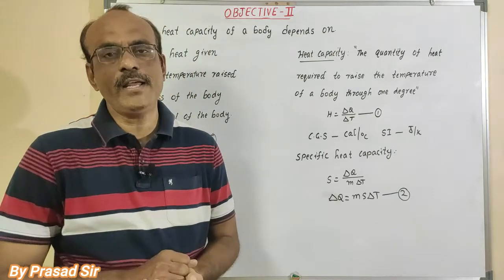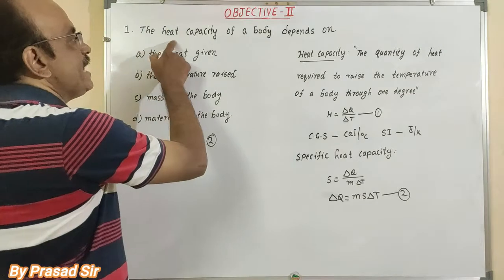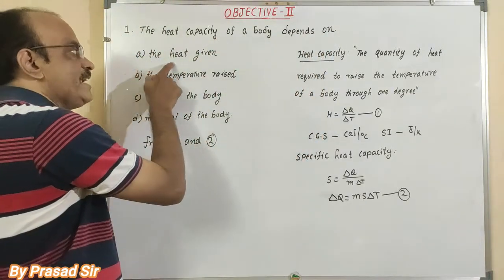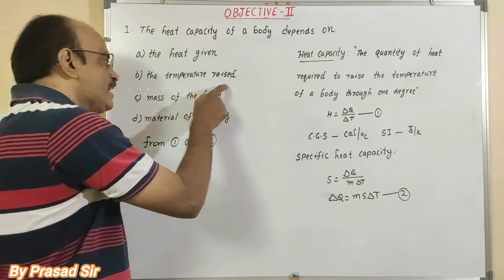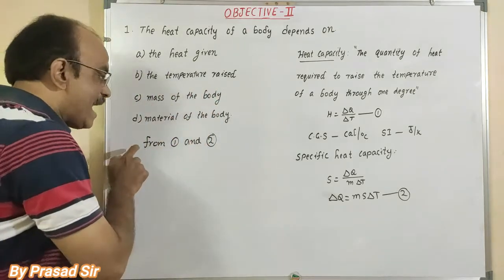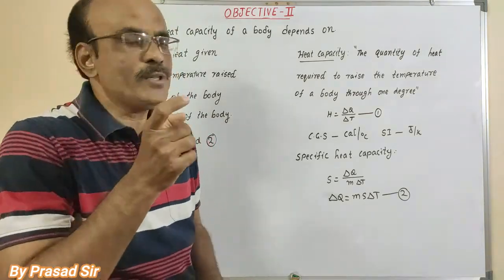The calorimetry objective 2, question number 1. That is, the heat capacity of a body depends on: A. The heat given, B. The temperature raised, C. Mass of the body, D. Material of the body. And here, first of all, to answer this one, we should know what is